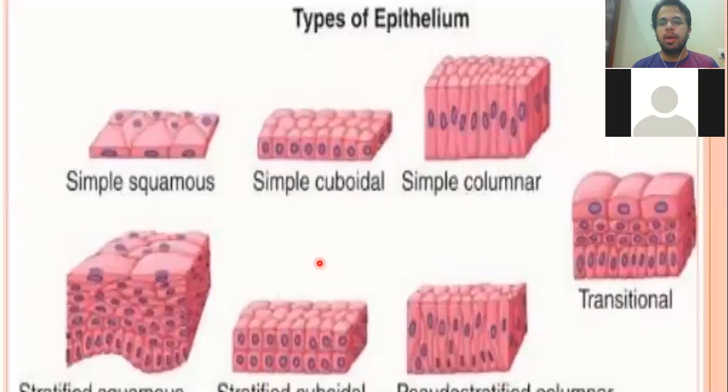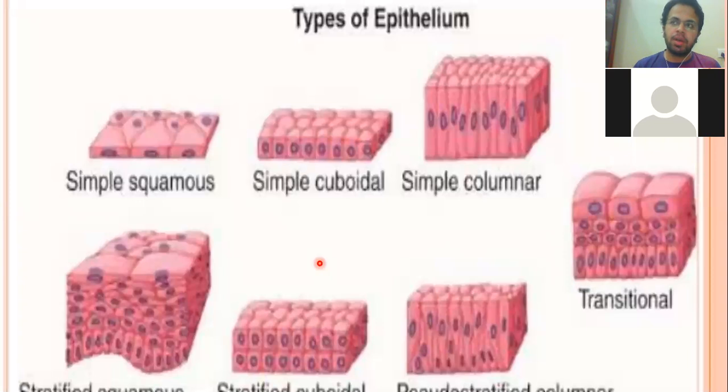देना चाहता हूँ। I will give you the general concept, then you will have to go through, okay, which kind of epithelium is present at which area of the body, right? But the general concept is that if you are having a single layer of epithelium, अगर आपकी बॉडी में कहीं सिंगल लेयर ऑफ एपिथेलियम मौजूद है, तो इसका मतलब ये है कि वहां पे वो सिक्रीशन या एब्जॉर्प्शन का काम कर रही है, ठीक है?